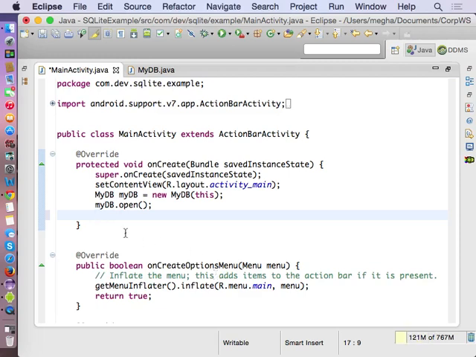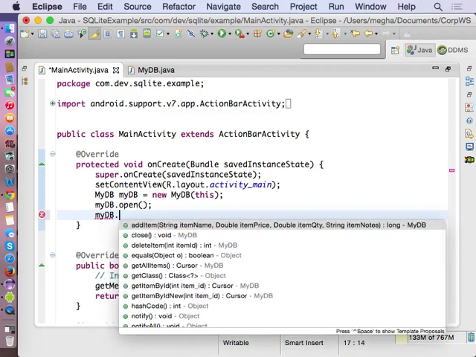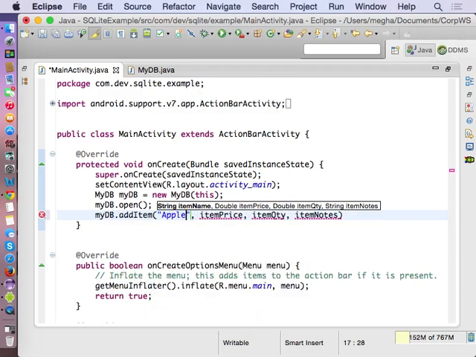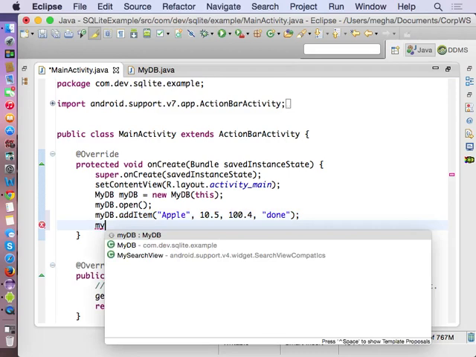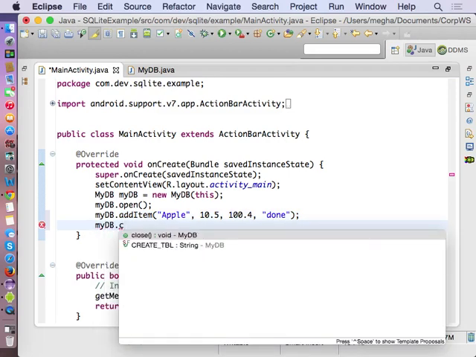Writing in onCreate should be done very carefully, because every time you open the application it will insert, but since it is for testing, we can safely do it. So myDB add item, I'm going to say Apple. If at all I want to know what the primary key is, I can use it, otherwise just simply call it. So I'm adding some item. Okay, and if you want to close the database, if you are done with that, you can call close, otherwise wait until